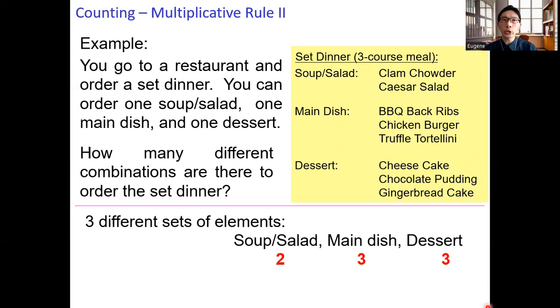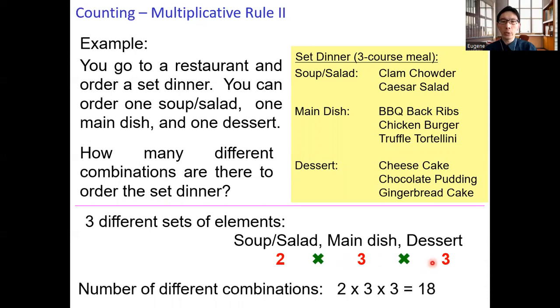So by the second version of the multiplicative rule, the number of different combinations to order the set dinner will be 2 times 3 times 3, which is equal to 18. So you can order 18 different combinations with this 3-course menu.